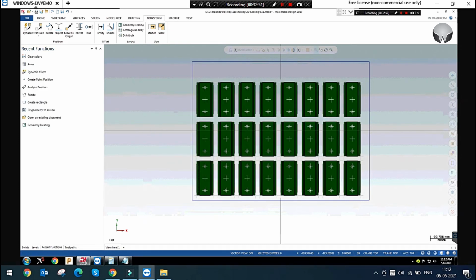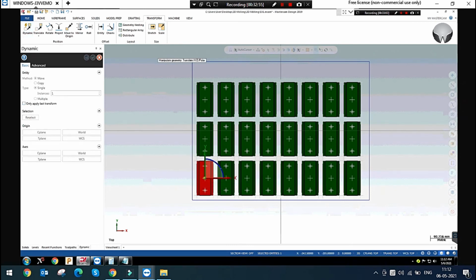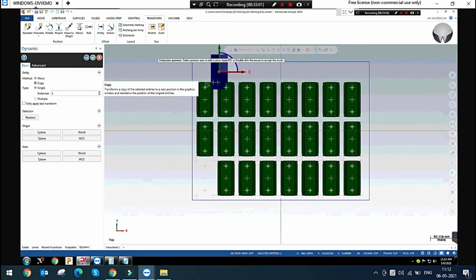You can see dynamic transform, and this is my origin. Now I am just moving this area. Just copy. Okay. Now I am, please wait, whether it is angled.